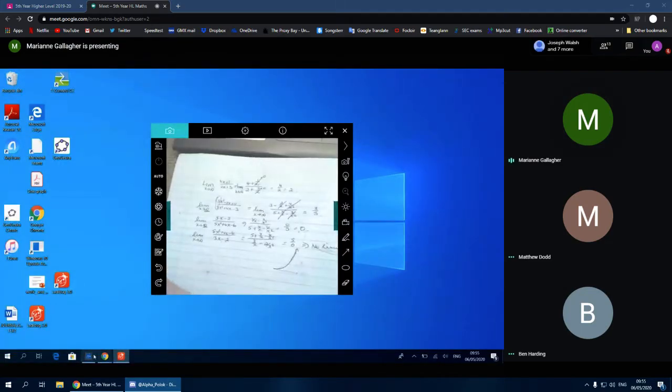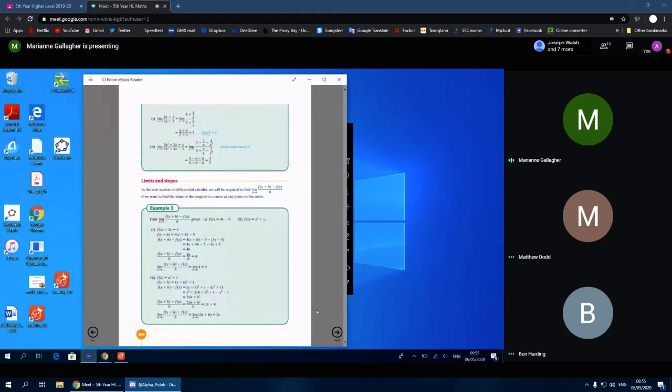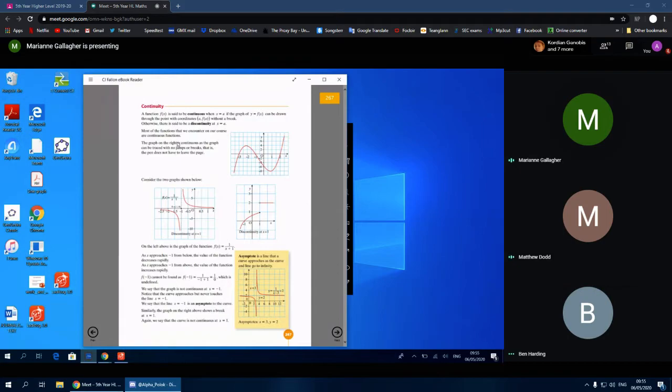Okay, now the other thing I want to talk about is, I'm going to skip limits and slopes for now, and we're going to look at continuity. This is page 207. Basically, continuous just means there's no gap. If you look at this function, that's a cubic function, there's no gap in it, so I can say it's continuous. If you were drawing it, you wouldn't have to lift your pencil. Most of the functions we've looked at so far are continuous, but occasionally you can have discontinuous graphs, especially when x is in the denominator, because at some point that's going to equal 0 and we can't